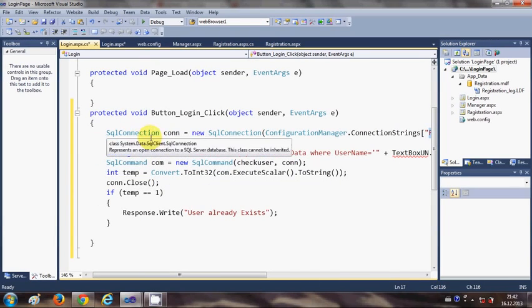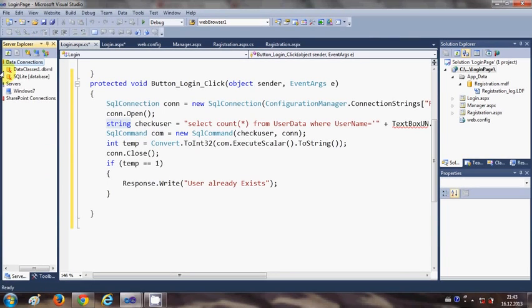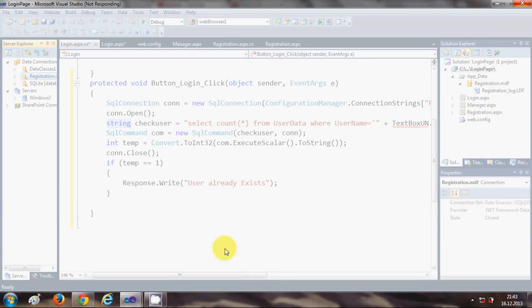Now we will open our connection with the database. So write con.Open, and in the next line we prepare our query. I will write string checkUser is equal to, and this is the query which we have. Let me open the server explorer so we can see the database at the same time. I will write select count, and in the bracket star, from my table name, where username is equal to,